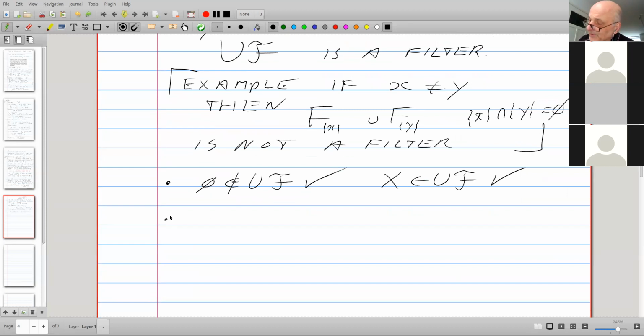Okay, next step. Suppose A and B belong to the union. Well, A belongs to F1, B belongs to F2. We have two filters in the family F. A sits in one of them, B sits potentially in another one.